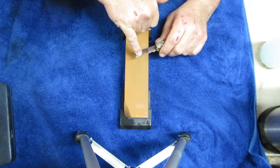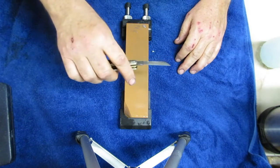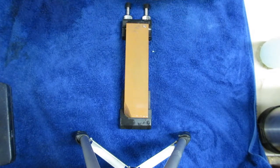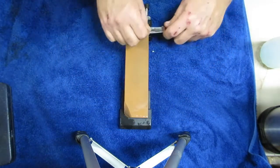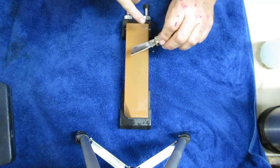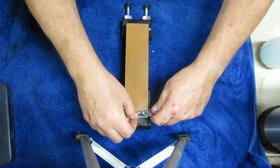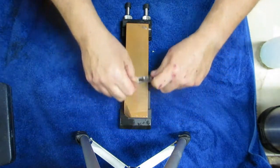There's a shiny spot right there. What they did was they held it on the belt sander, and the hand sort of went like this, and there's a little dip in the bevel right there that I'm working on getting rid of. I'm trying to straighten out this bevel. If you look at this though, when they put the bevel on this knife, there's a bit of a curve that goes up like that. That should be flat. So I don't want to accentuate and make that round, because I like the flat, straight edge